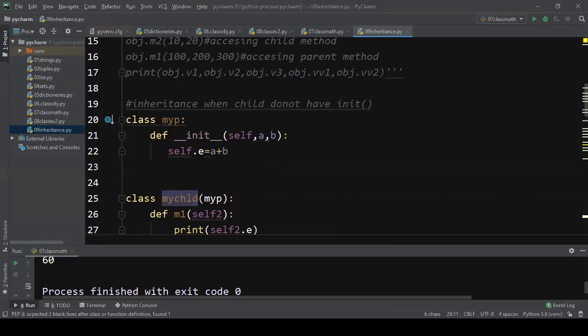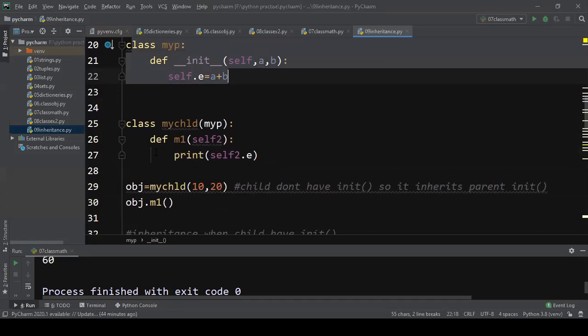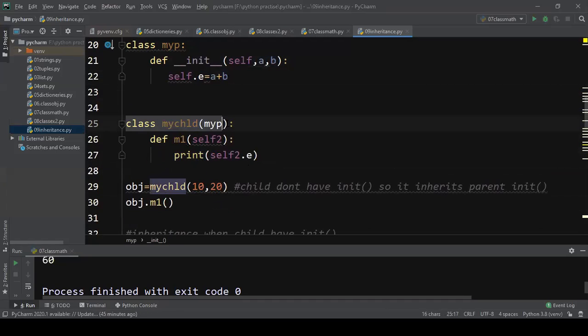I'm not creating the object for the parent class. I'm creating the object only for my child, and I'm passing the two values 10 and 20 to the constructor. But in my child, do we have a constructor? No, but still we can pass 10 and 20 to the constructor.